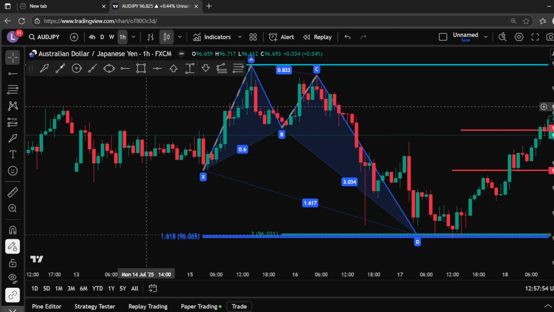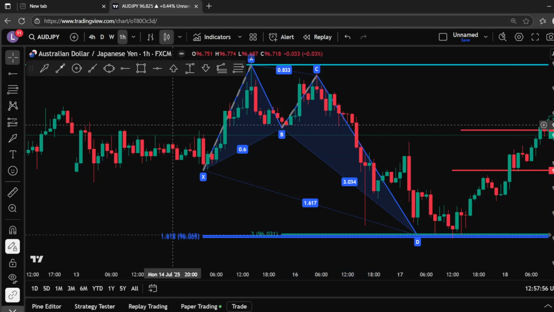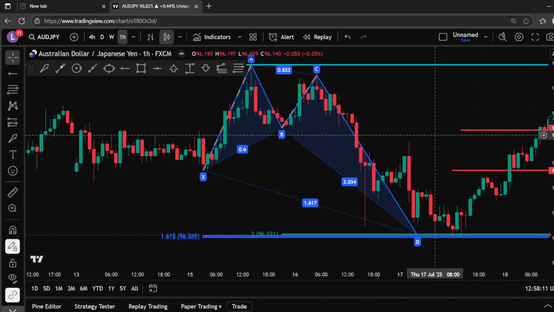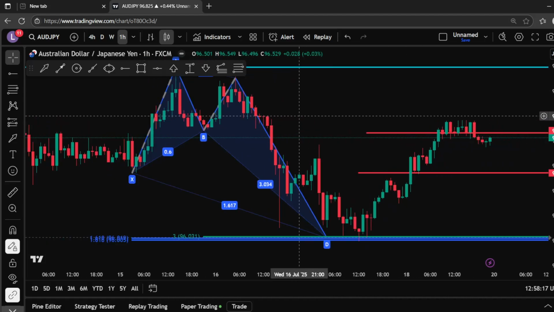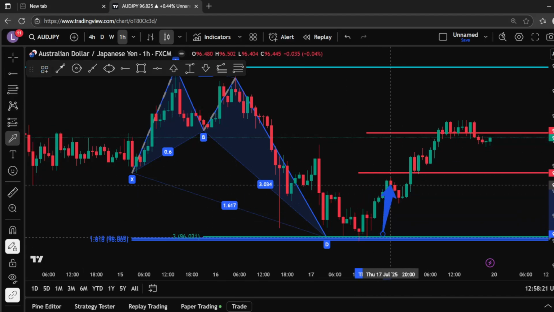Okay. Somebody did ask me if the harmonic pattern only works on higher time frames. The answer is that it works on all time frames, even the 1 minute time frame. So this is the 1 hour time frame of the Aussie JPY. So yes, it forms on all time frames. All right. So my take profits, like I said before, I take only one take profit at 0.382, but I